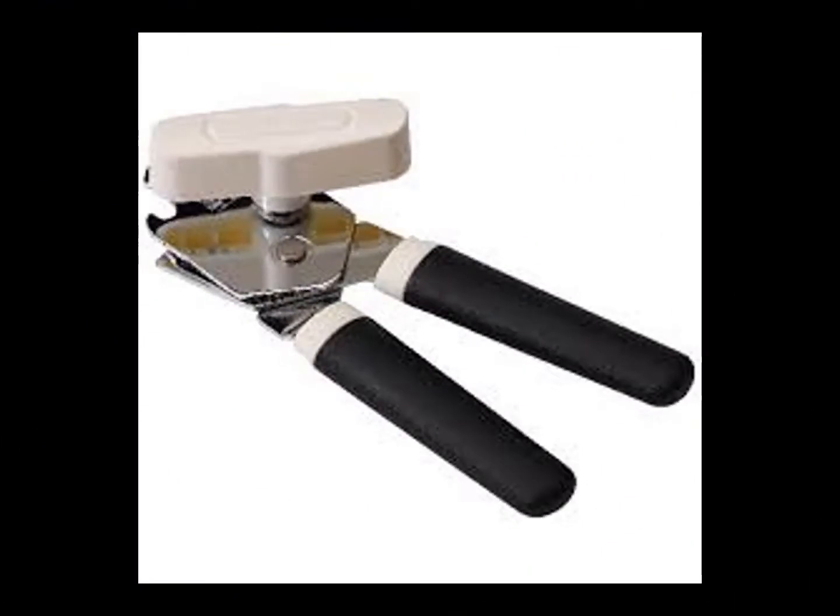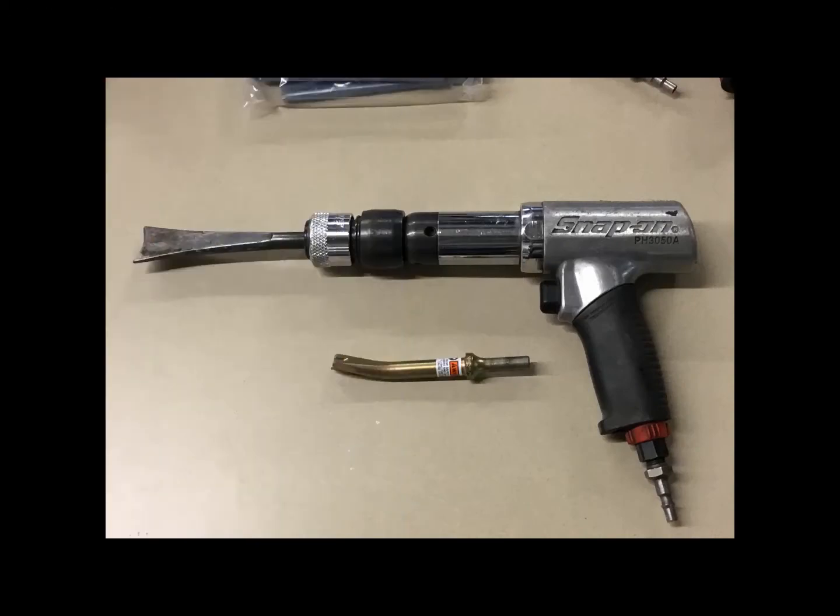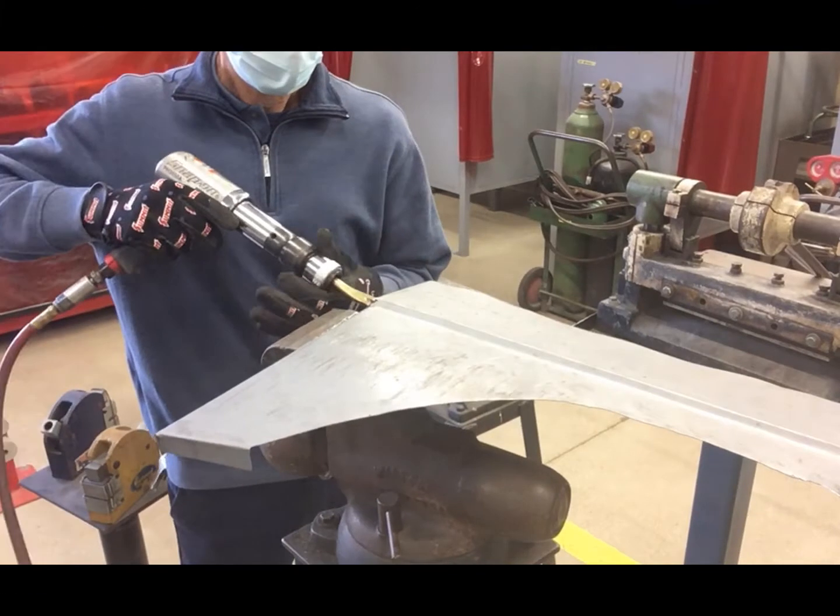And a can opener, that's pretty common in a house. We use a power tool called an air chisel. It has a bit that's designed for cutting sheet metal. That's what I'm doing